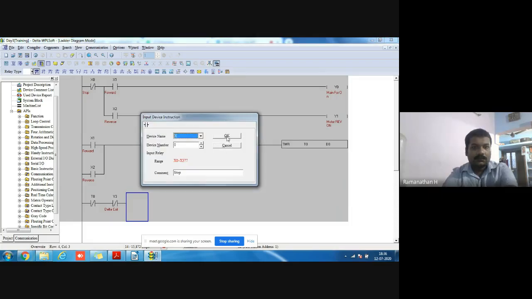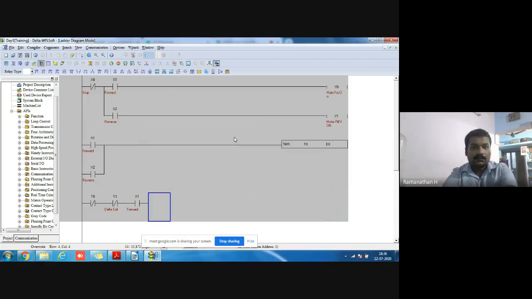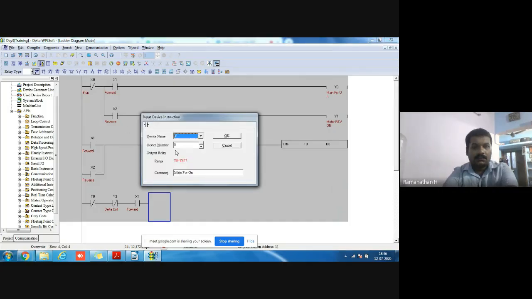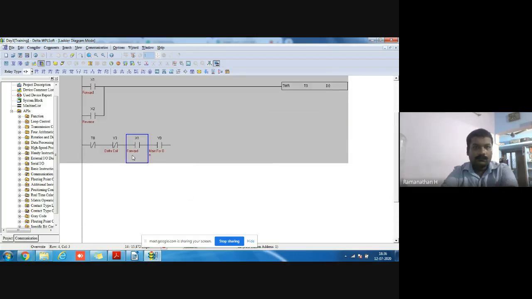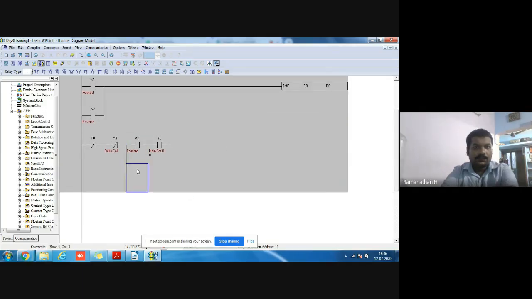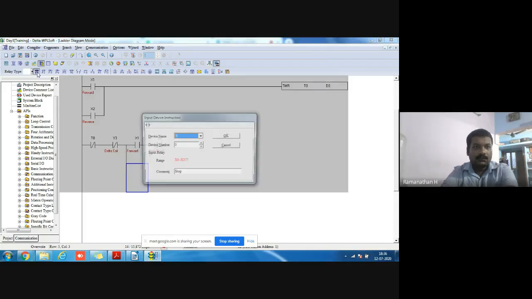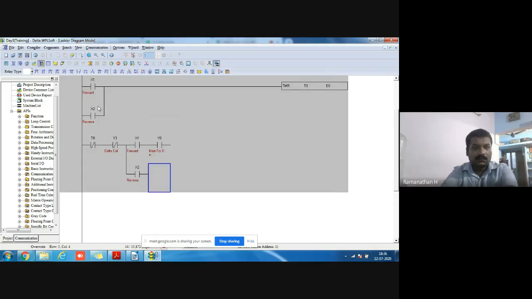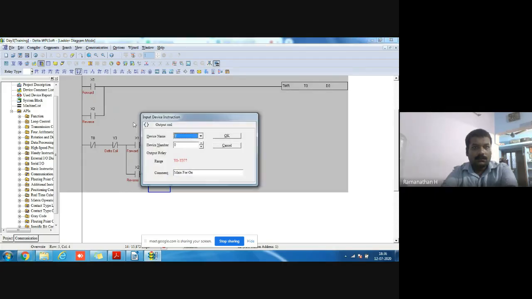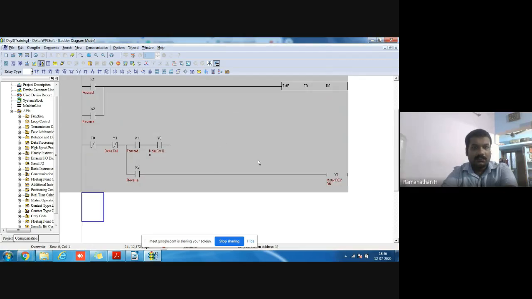Then forward on, main contactor on, or reverse on, main motor reverse contactor on.